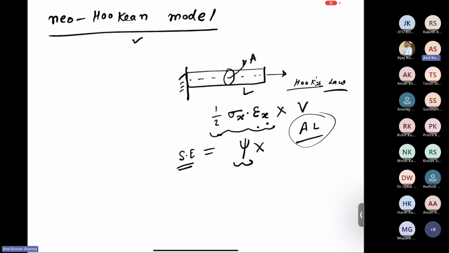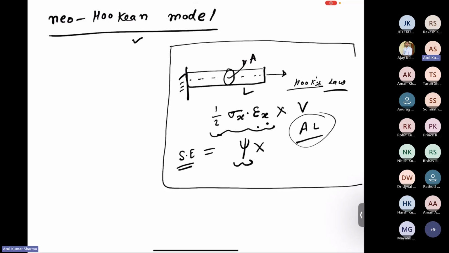For such a model, the energy density, which is the energy stored in the body per unit volume, psi, for our case where we have considered the material to be incompressible,